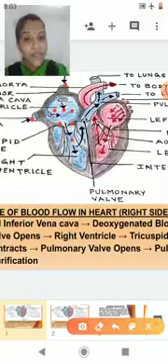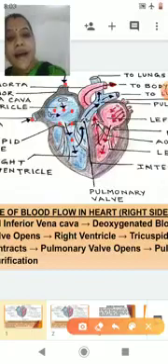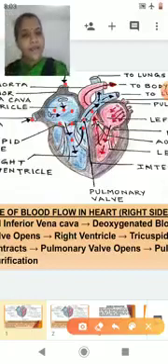When it closes, the ventricle will undergo contraction. So when the ventricle undergoes contraction, the blood is going to be pumped out of the heart. But you know that the tricuspid valve is closed. So now what is the way for the blood to come out? Now the blood will be coming out through an artery which is called the pulmonary artery. You can see that this is the pulmonary artery. Near the opening of the pulmonary artery, can you see a valve called the pulmonary valve?